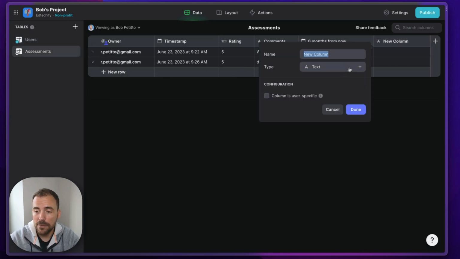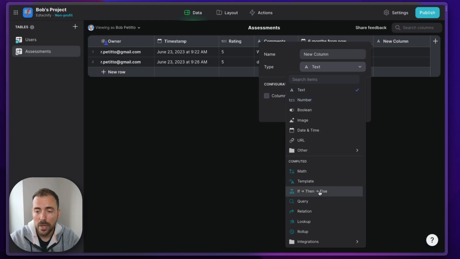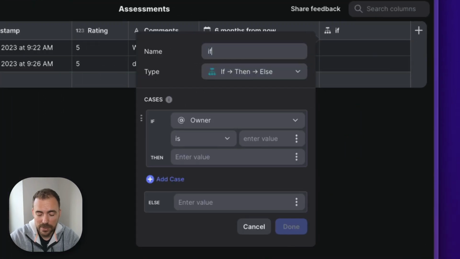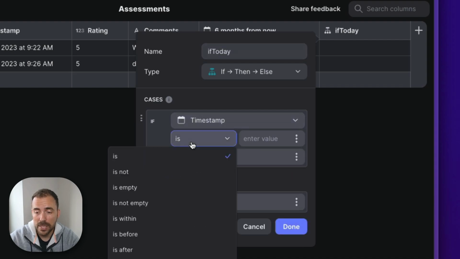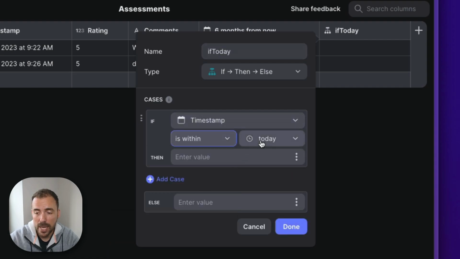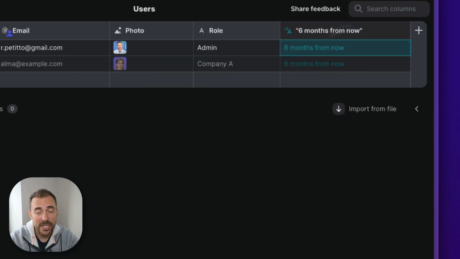You can actually just use an if-then-else column. And when I choose an if-then-else column, I can see if it's today. And we can check to see if the timestamp is within today, then true, else false. And then we can, in the users table,